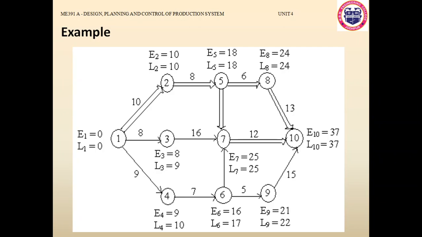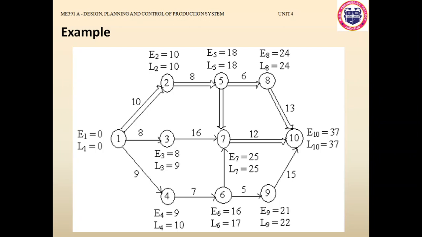Now if we try to calculate the latest starting time, it starts with the last node, that is node 10 here. So if you move backward from node 10, you start with the last node, where the earliest start time and latest start time must be the same. So it is 37 right now. If you calculate the earliest start time of all the nodes, the total sum comes as 37. So we will start with the latest start time 37 from node 10, and we just subtract the process time from the